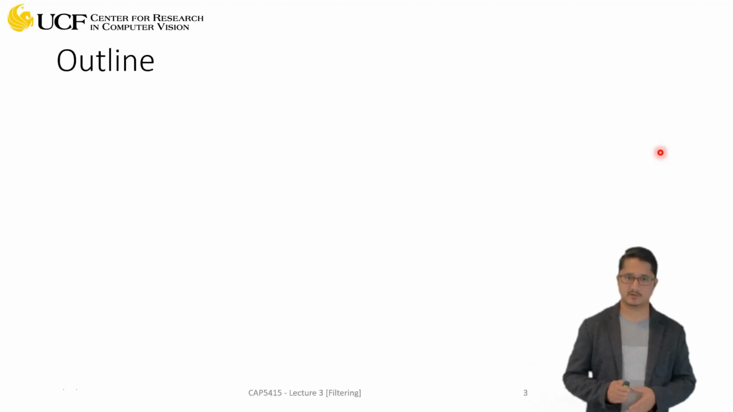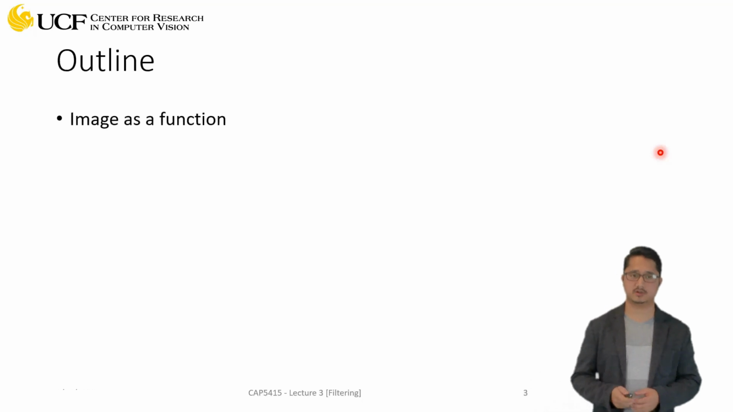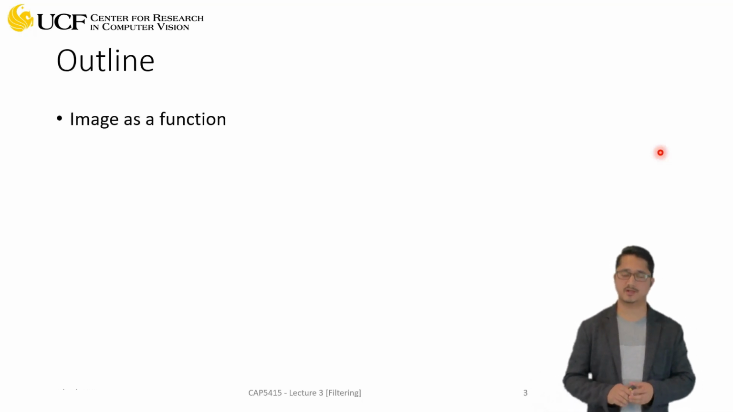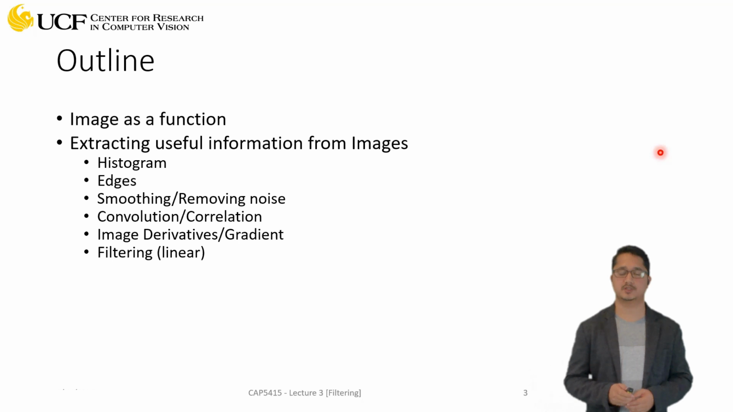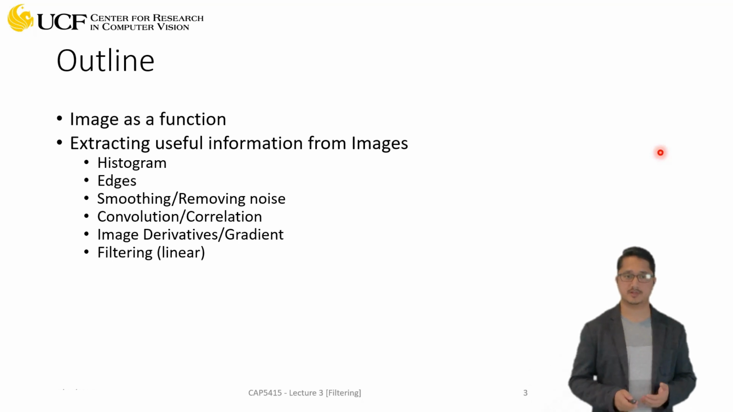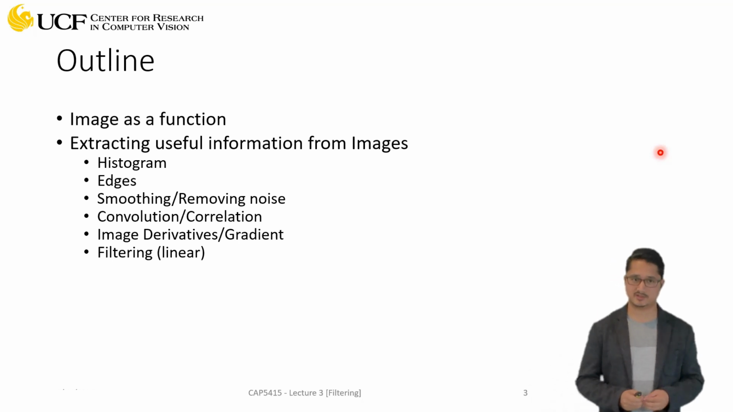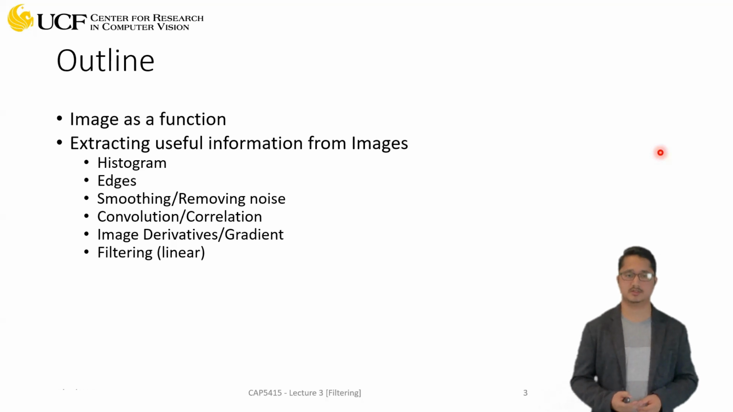In this lecture, we'll talk about image filtering. And this is the outline. First, we'll talk about how we can represent images as a function. And after that, we'll talk about how we can extract useful information from these images. And this will cover a histogram of images, how we can extract edges, how we can smooth noise in the